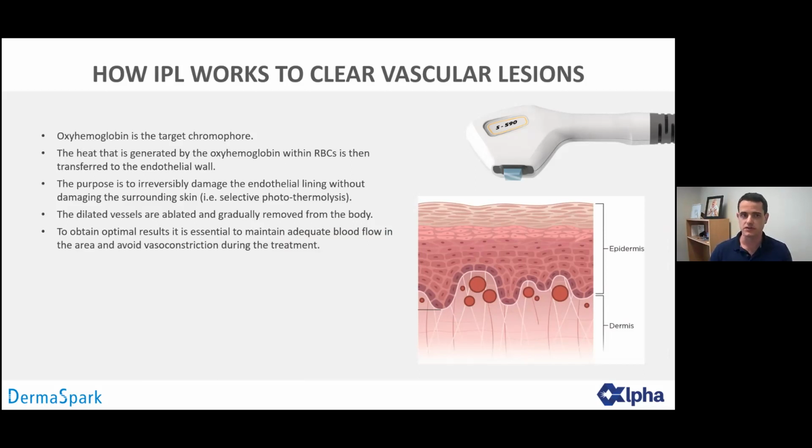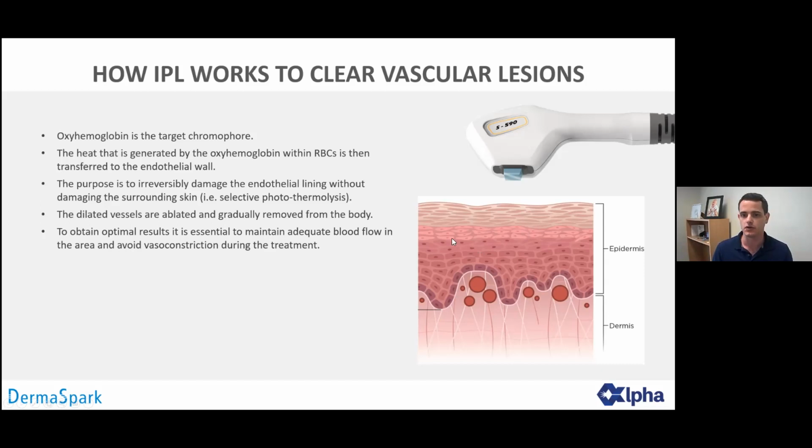First and foremost, we need to understand that oxyhemoglobin is the target chromophore, not the melanin, of course. This is the oxyhemoglobin that is found in all these dilated vessels that you see here. What you see here is a cross-section of the dilated vessels, and we have some normal undilated vessels around them. Now, when we release the pulse, the light energy is absorbed by the oxyhemoglobin and it is converted into heat. So the heat is generated within the red blood cells inside the dilated vessel and then